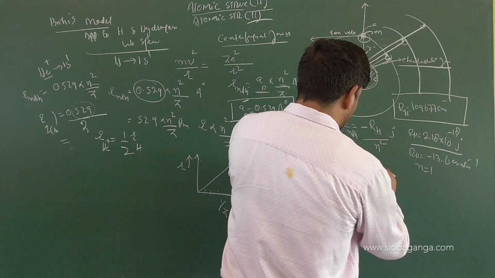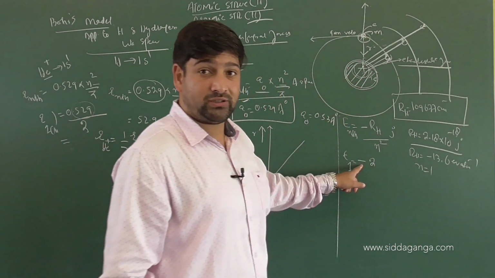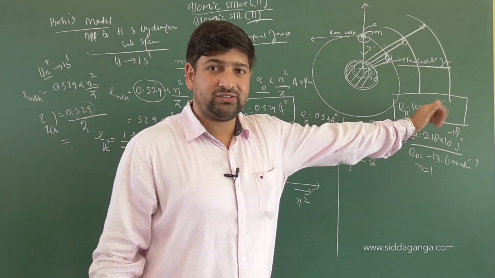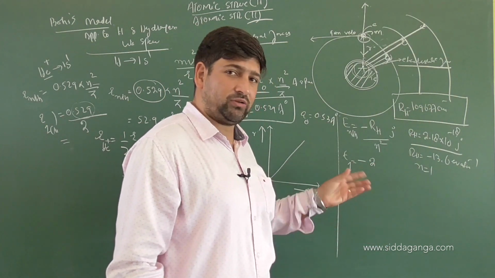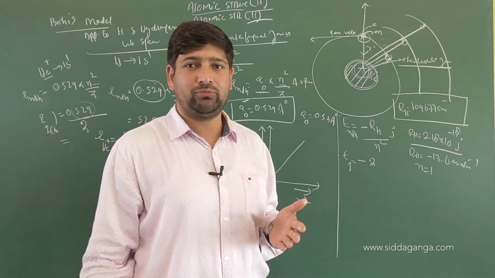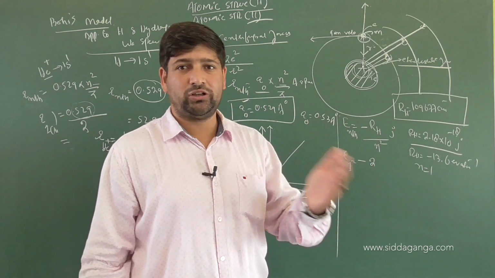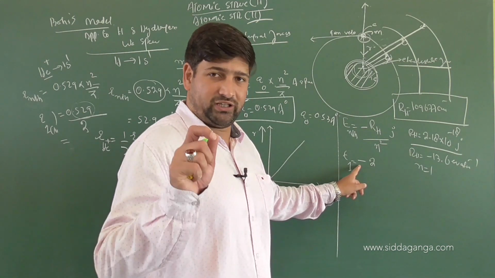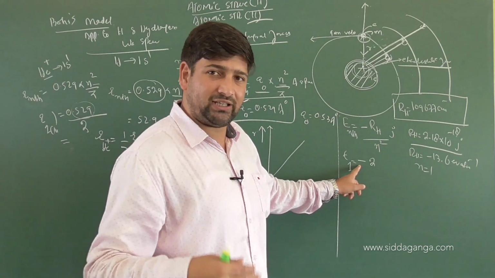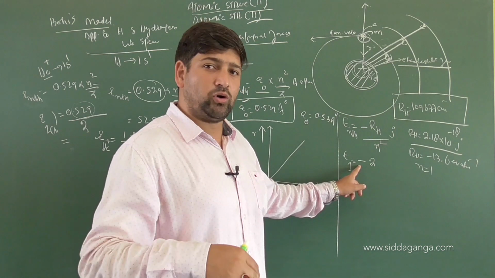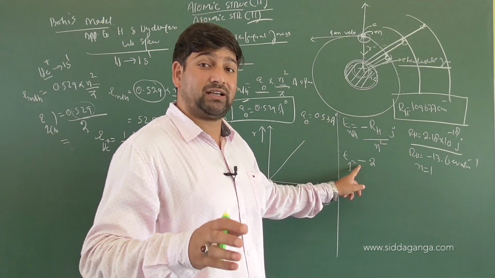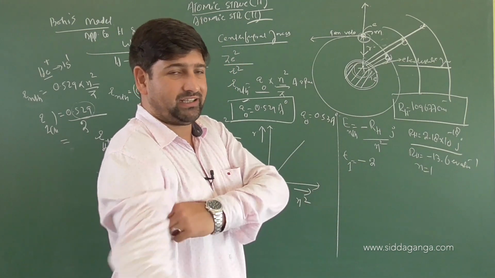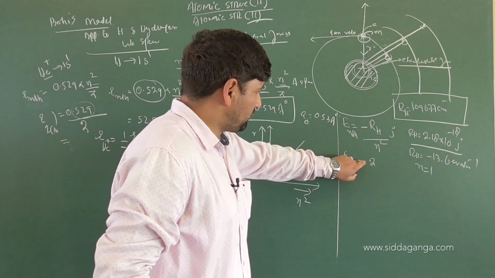It will be minus. Last time I told you what negative energy indicates, right? If the electron is out of the atom, what is the energy? 0. If the same is brought near the nucleus, it becomes more stable. More stability means energy will be less. From 0, if you are decreasing the value, it goes to negative. This is the practical significance of the minus value. It means that an electron present in the shells, close or far, is more stable compared to when the electron is out of the atom, that is, at infinite distance.